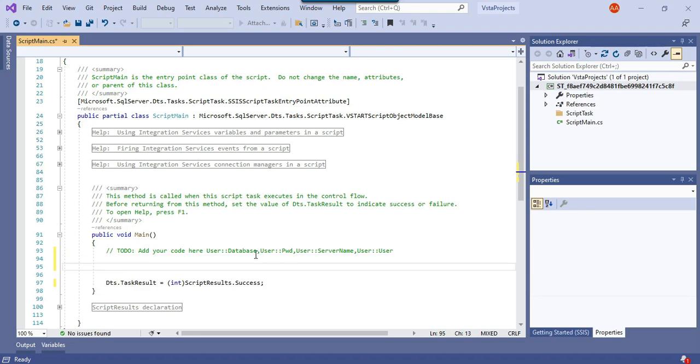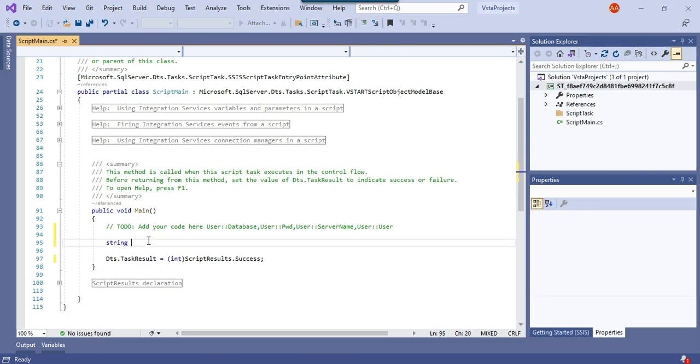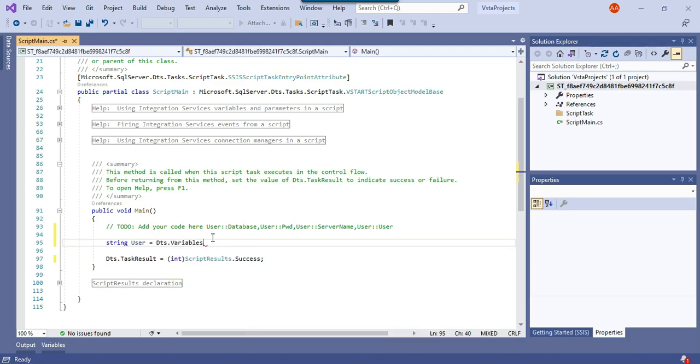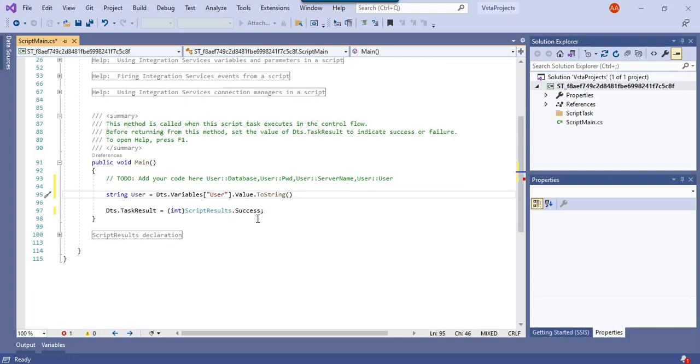Now what we need to do is define some variables. I can define a user variable here of type string, and its value can be gotten from Dts.Variables[...].Value.ToString(). I can copy and paste this value here.